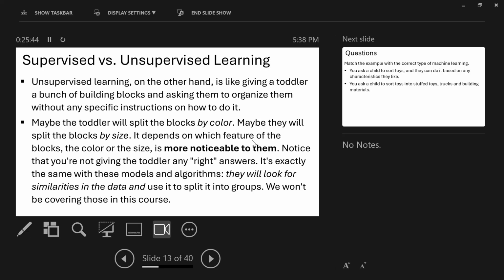One example is giving a child blocks of toys and telling the child, just sort it out. The child can sort by size or by color.